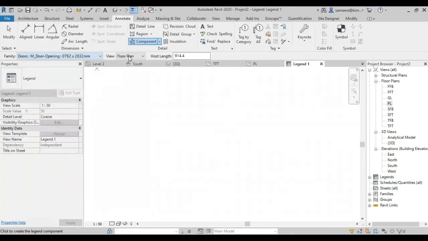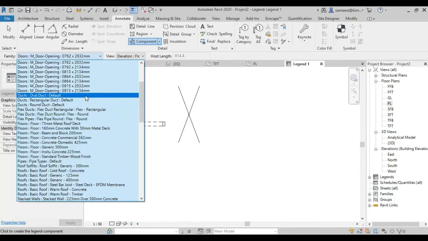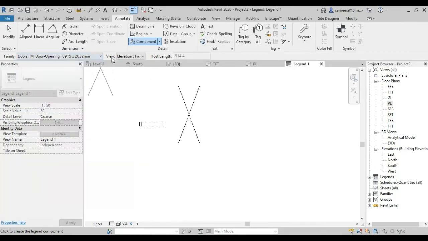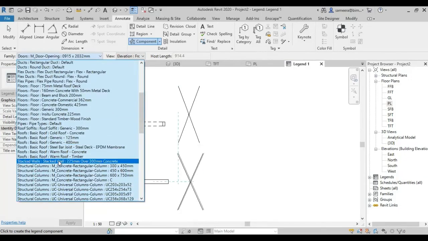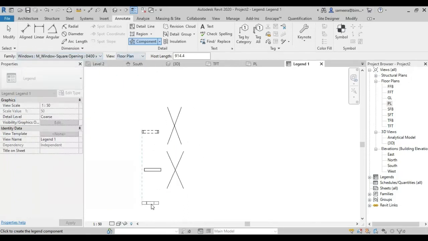So you have to do the things. And I'm placing the plan of the door. Now I need to have an elevation. So I'm placing an elevation of the door. Actually, this is not the correct one. You can go with, okay, the plan of the other one, the elevation of the other one. So you should place like this.